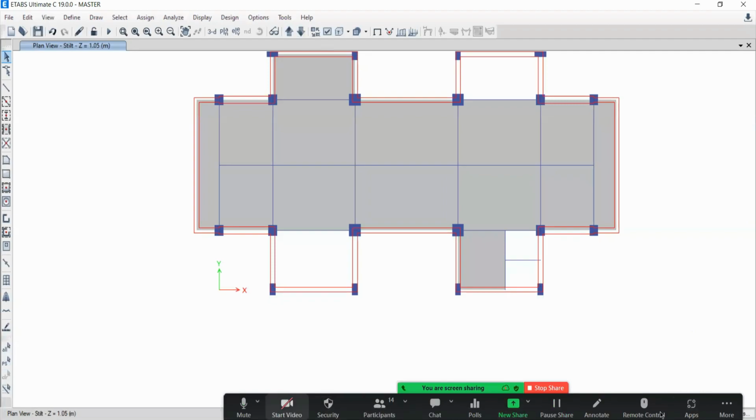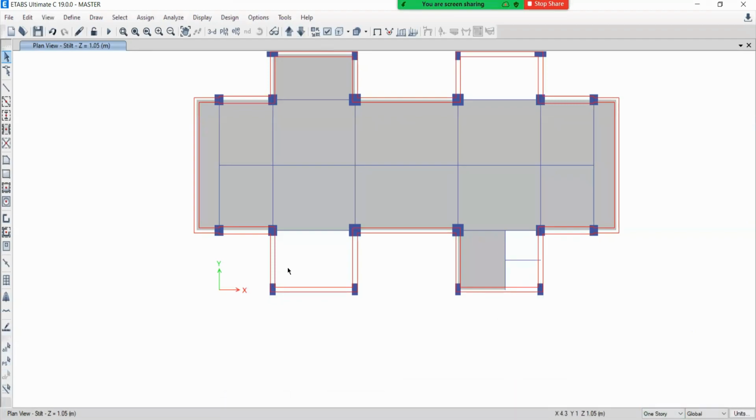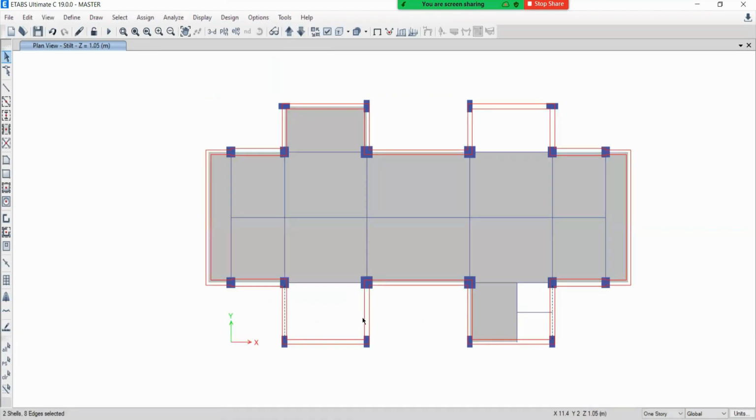Make it as one story. Now this wall and this wall, two walls should be there. Yeah, two walls, one this, one this. I will take these shear walls